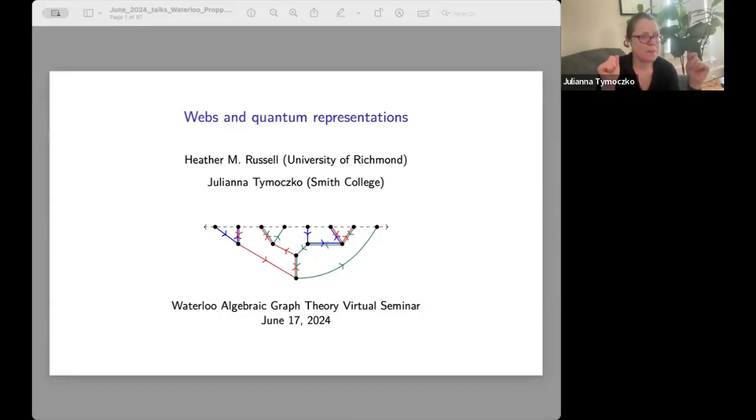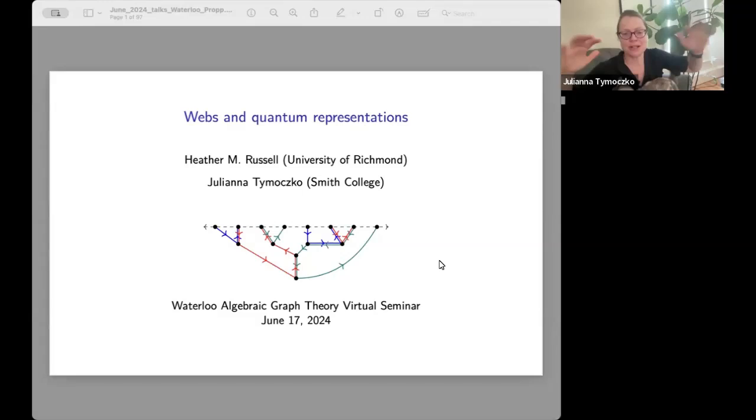I think if I had to pull out a single theme that's been a through line in all of my research, it's been graphs with certain kinds of labelings that are determined by algebraic conditions, and then in turn determine some kind of algebraic structure with some kind of meaning in some other area. I have a really mathematically inclined cat who I'm sure you will see a little longer. So that's sort of where webs are sitting.